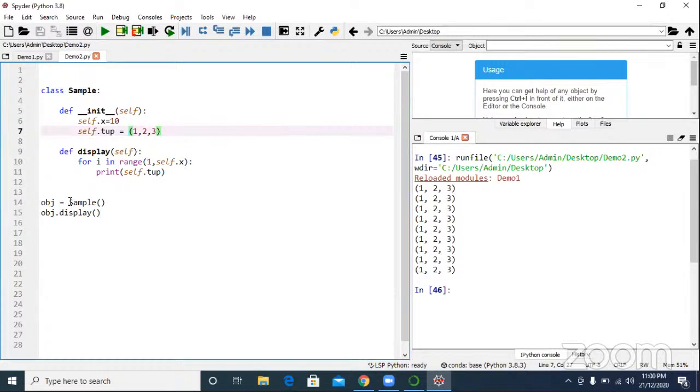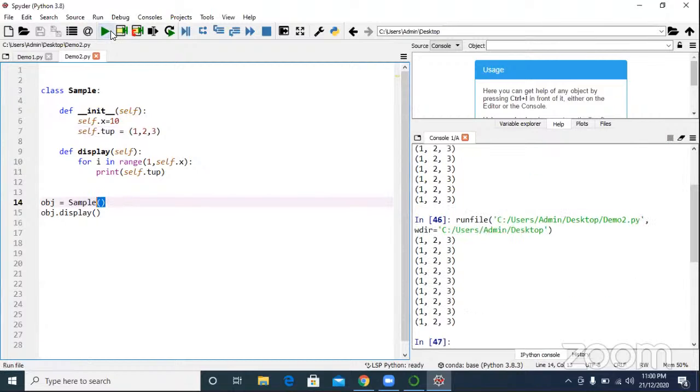Whenever you create an object, the constructor is initialized at the time of object creation. Whenever I say sample open parenthesis, close parenthesis, at this time your constructor will get initialized: x equal to 10, tup equal to 1, 2, 3. The same answer will come, but this is the correct standard.